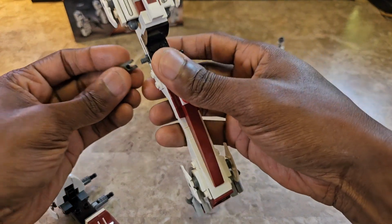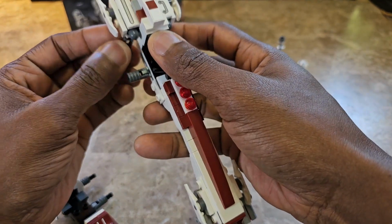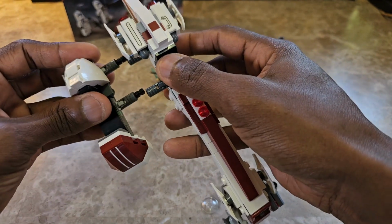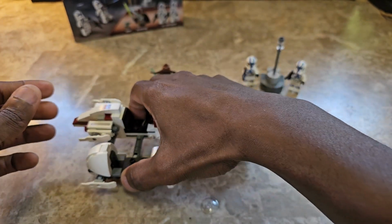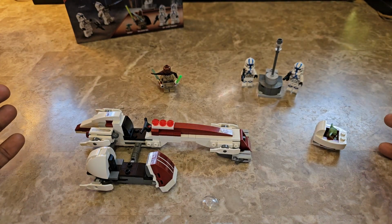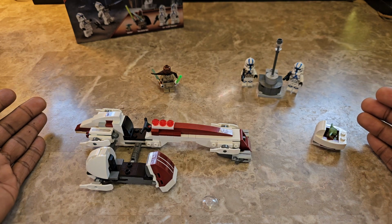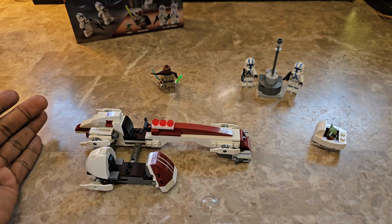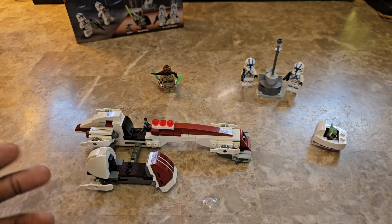Let me bring these pieces back over. And I think that I actually really like the whole set as a whole. I get that some people might feel like it's a bit expensive for what you're getting, even though it is in general a more affordable set than some of the big sets. You are getting about 3.5 figures. I count Grogu as a half, so you're getting like 3.5 figures. Figures sometimes are pretty expensive to get in sets. I think in that area is where you're getting the value of the set,